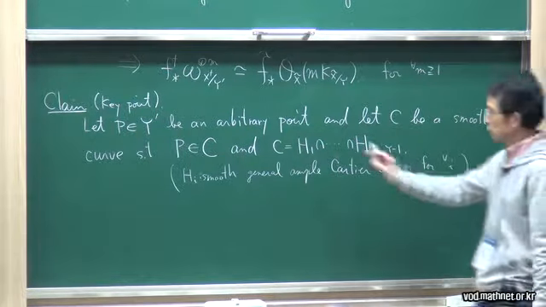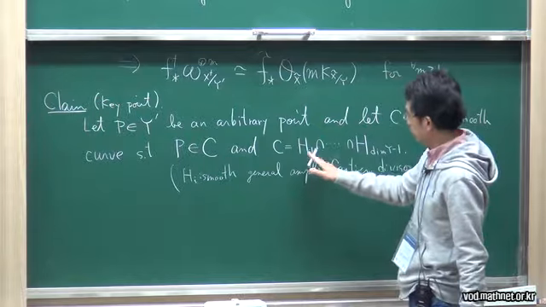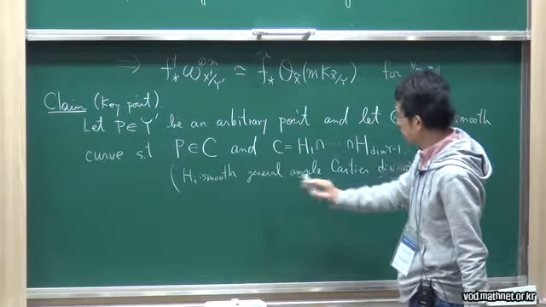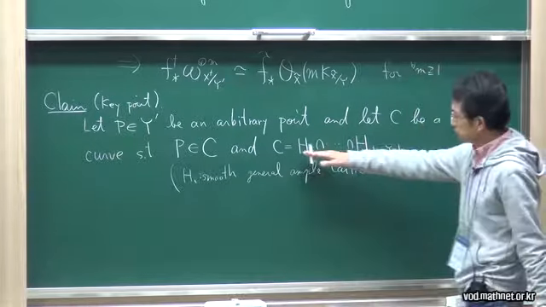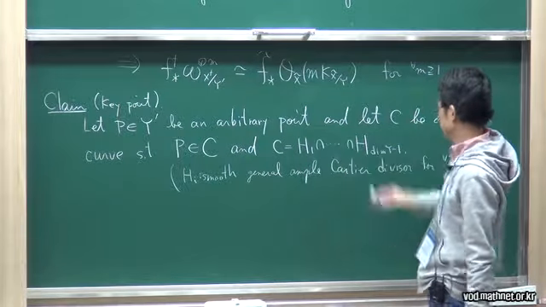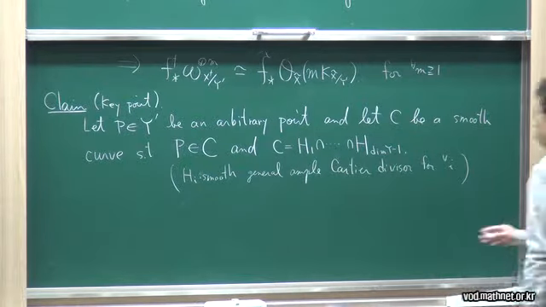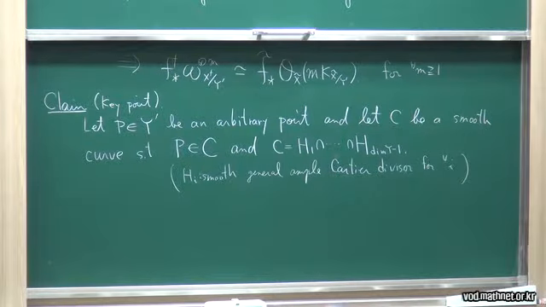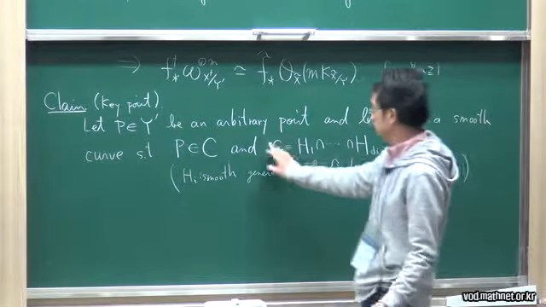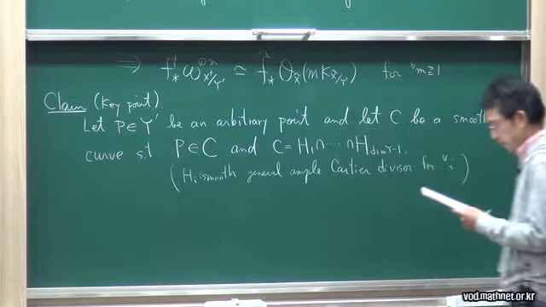Okay. So take a smooth very ample divisor passing through P and cut Y prime. So C is a complete intersection curve passing through P. Okay. Then